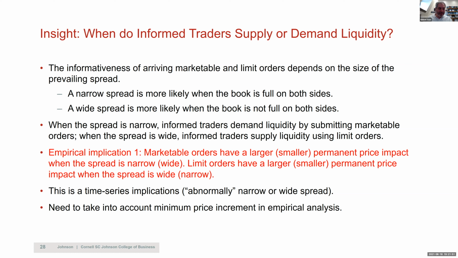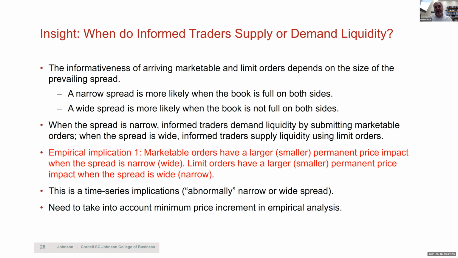And this is interesting because this is one implication that doesn't exist yet in that literature on limit order markets, despite the fact that it sounds very intuitive. Now, if you want to estimate it, remember when I said wide and narrow, it's from a time series perspective, right? Wider than the stock usually has, or narrower than the stock usually has, and so on.